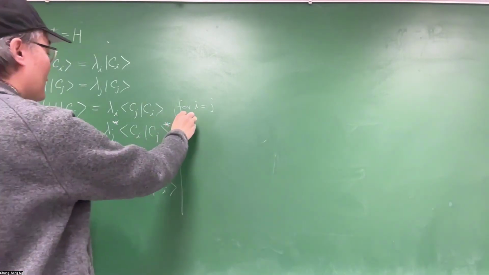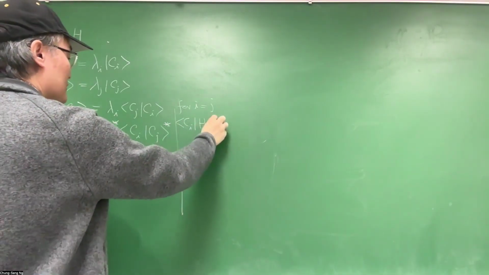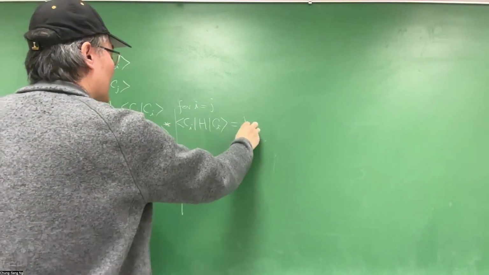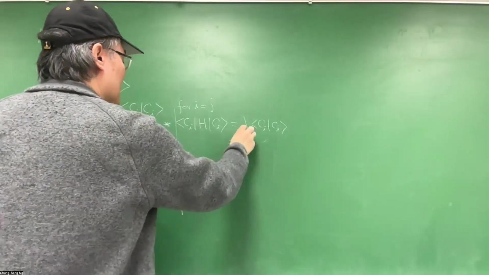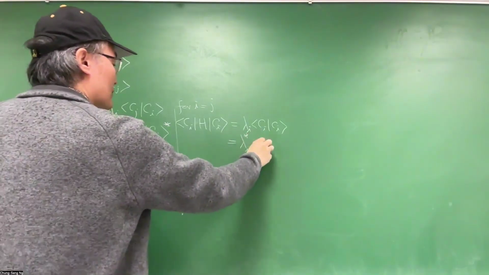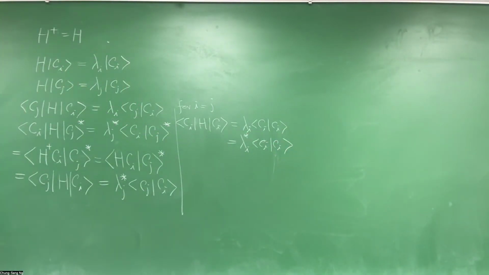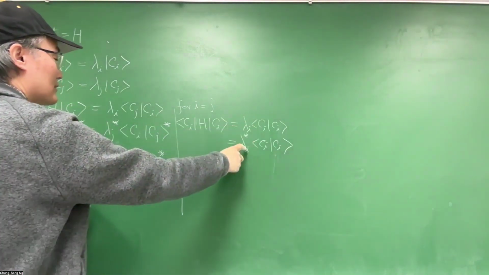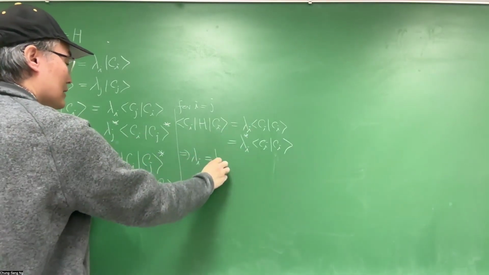Then both the left-hand sides are (c_i, H c_i), and the right-hand side is lambda_i (c_i, c_i), and for the other one, lambda_i complex conjugate (c_i, c_i). Right? So just setting j equals i, then from this equation,